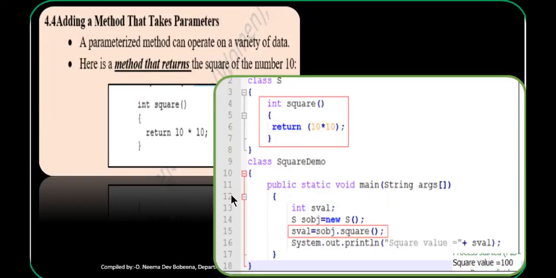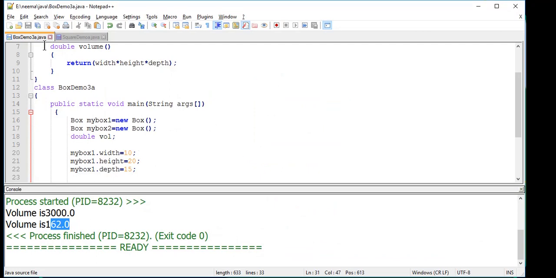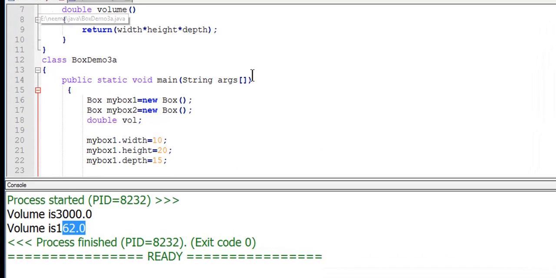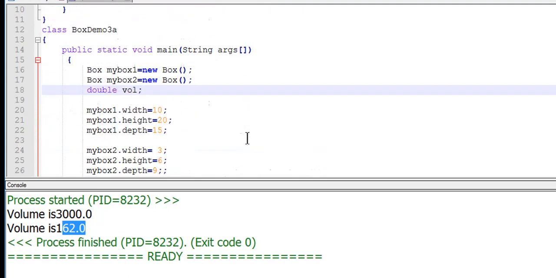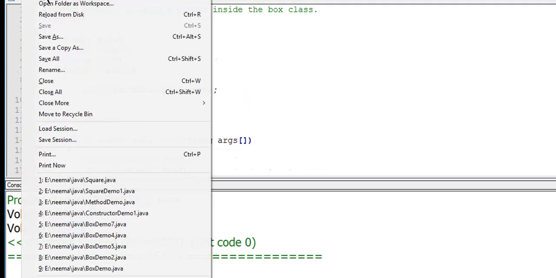Next is adding a method that takes a parameter. What we are going to see now is a method with some parameters. But before seeing a method with a parameter, let's see a simple example without any parameter. For this, we start a new program.